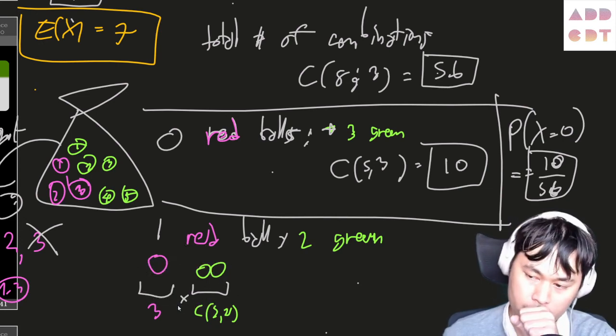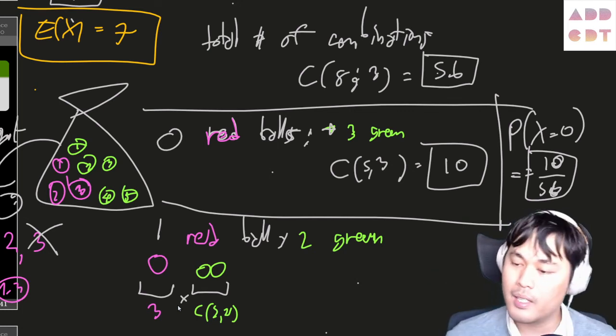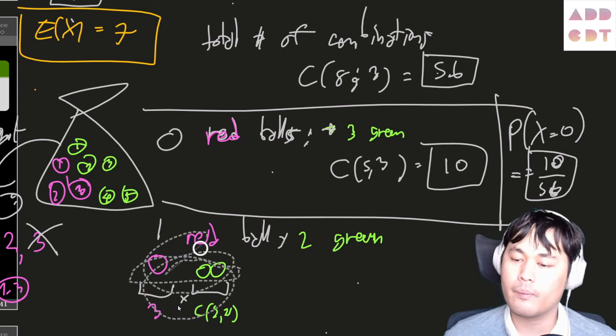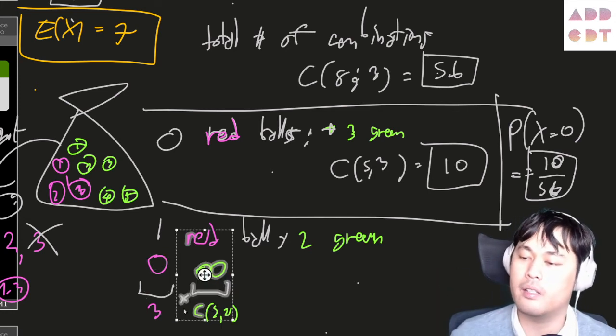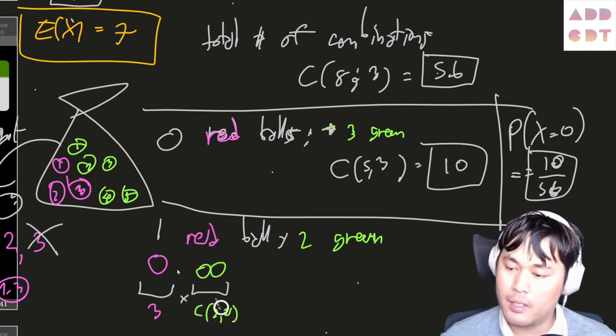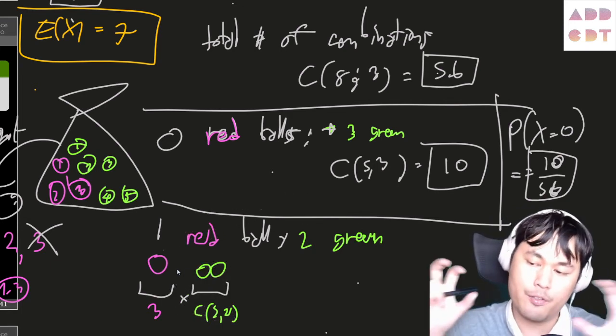Right? And you also have to ask, do we have to divide it by 2 or switch the order? And the answer is no, because it doesn't matter if you take green or red first. You're going to get them all out of the bag anyway. And so here, by the product rule, these two are separate